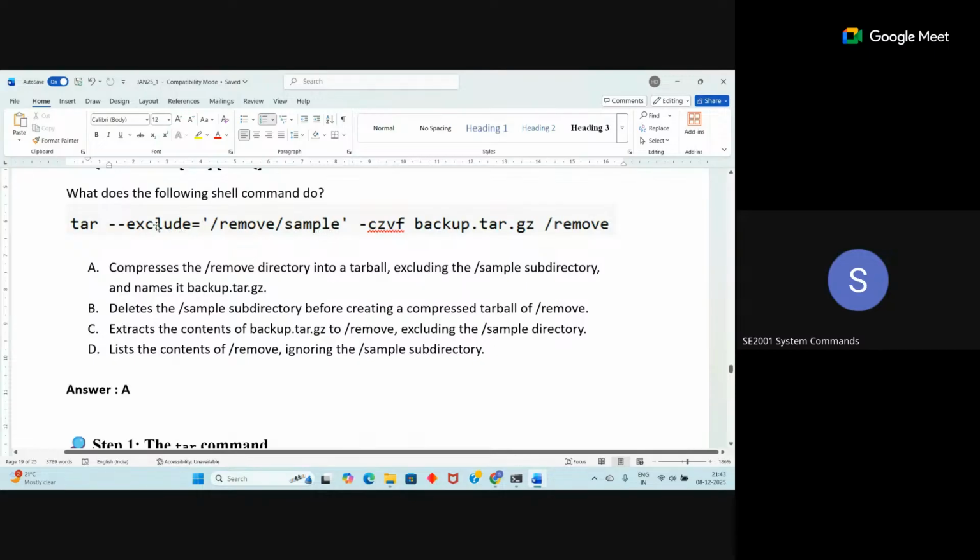Okay, exclude means the files of this directory are not included, and the tarball name is this one, backup.tar.gz. So this is what it is doing. And deletes? No, it is not deleting. Extract the contents? No, it is not extracting. So see, based on this option,